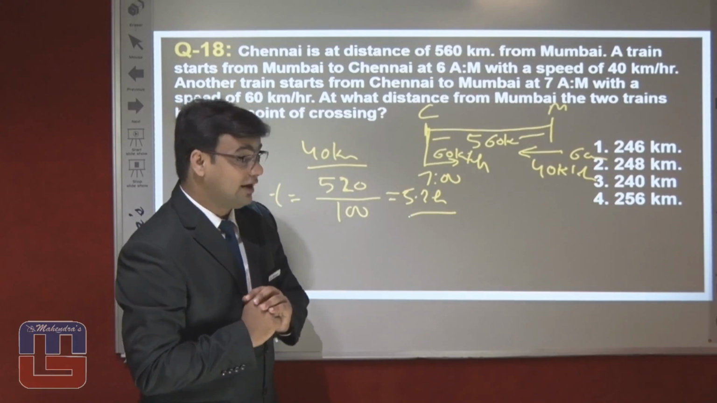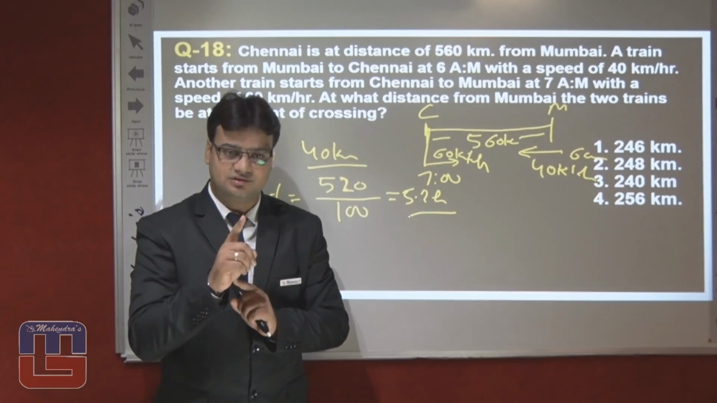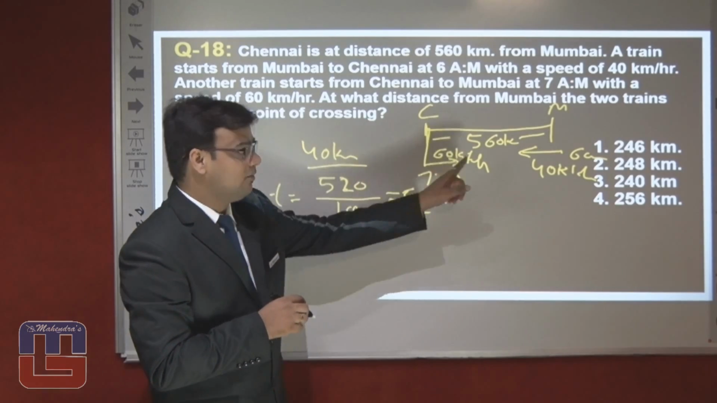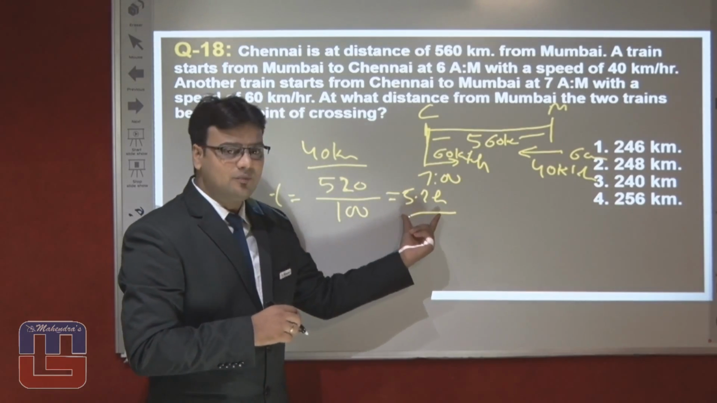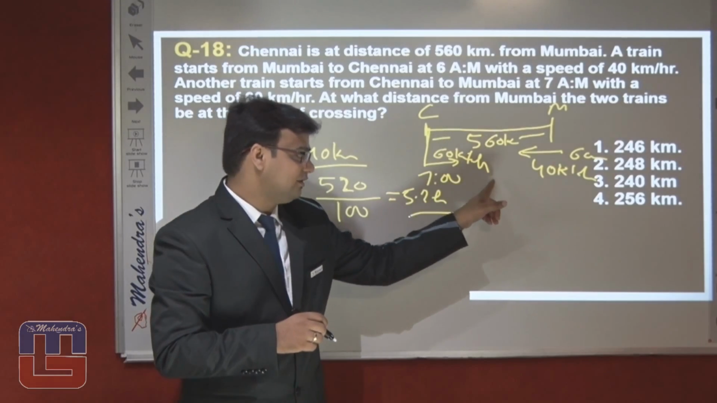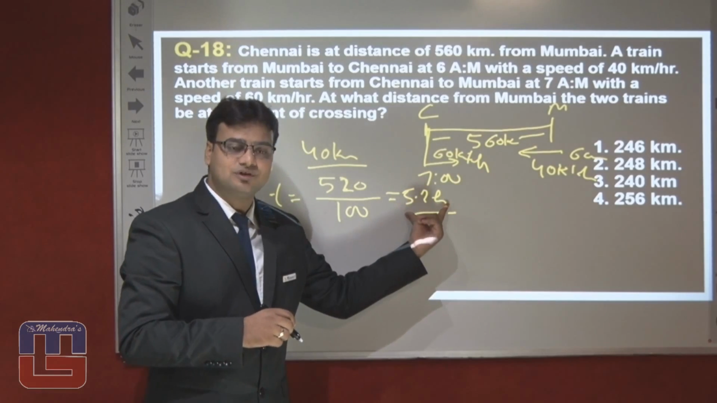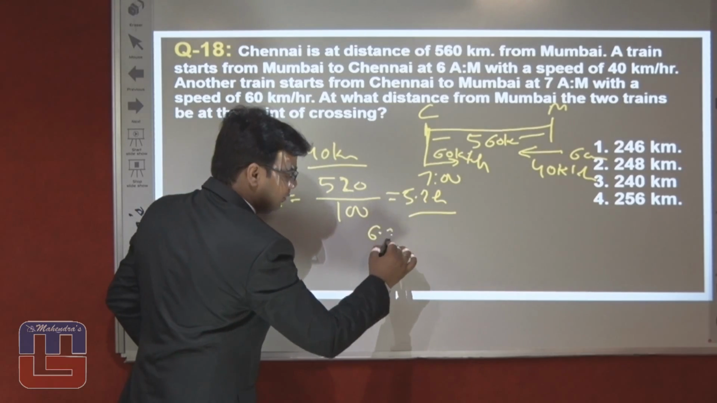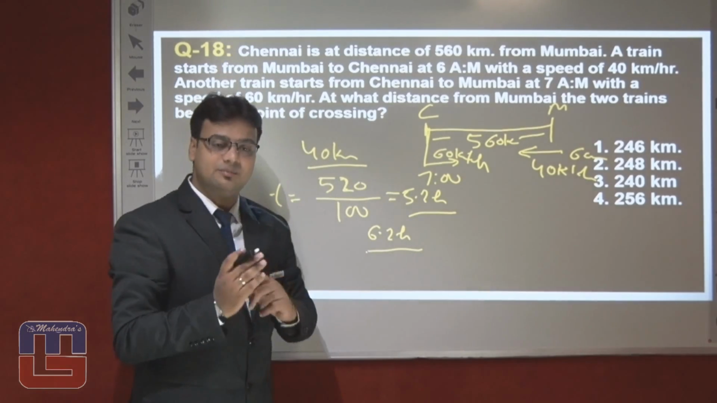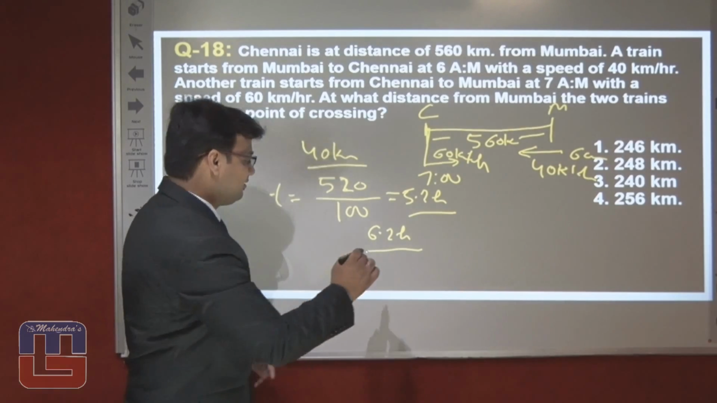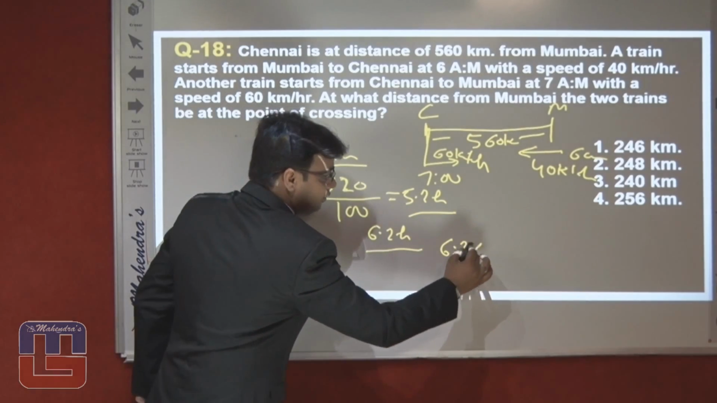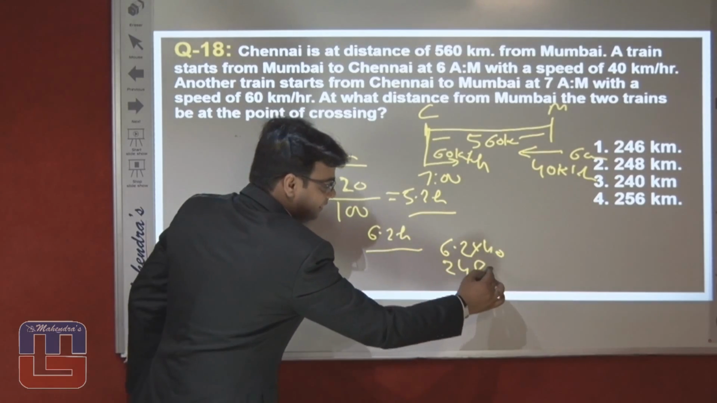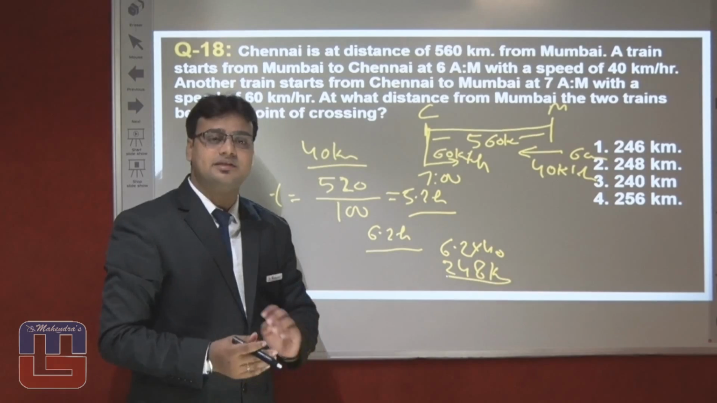But we require not the time, we require the distance. From where? Not from Chennai, from Mumbai. So from Mumbai, how much distance? The first train starts 1 hour earlier, and 5.2 is the time after both start. That means 5.2 plus 1, which is 6.2 hours from when the first train started, they meet. Then how much distance is traveled? 6.2 into 40. 4 into 2 is 8, 4 sixes are 24, that means 248 kilometers from Mumbai they meet each other